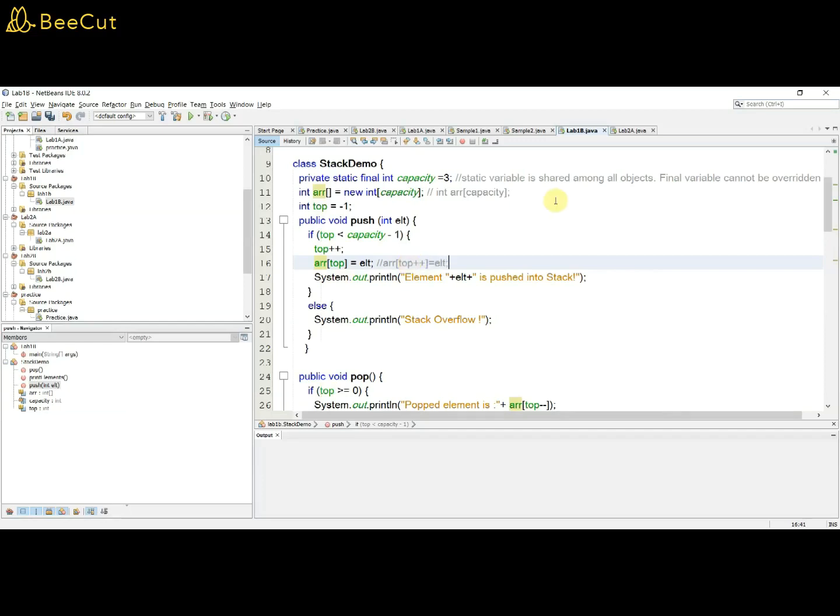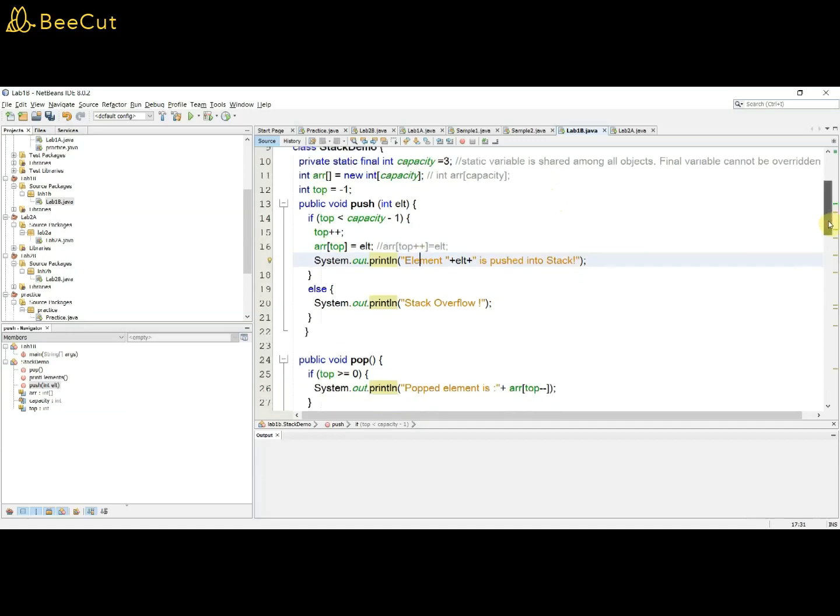So this is an equivalent statement. We can combine these two statements into this single statement. Hope you might have come across such single statements. Finally, we are printing that the element has been pushed into the stack, just an informative message to the user.